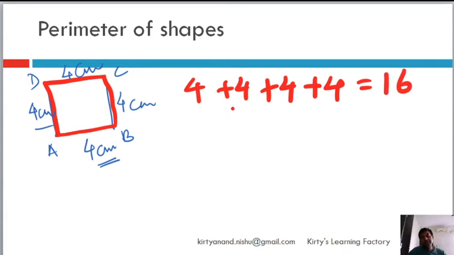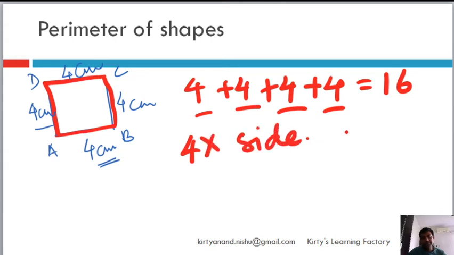Now in case of a square, I see that all the 4 sides are equal. So I can also say that basically 4 times the side of the square, right? So that will also give you the same thing. So it becomes a formula that perimeter of the square is nothing but 4 into length of the side, right? That becomes the formula of perimeter of square. But the real reason why this is the formula is because all the 4 sides are equal, so we can do 4 into length of the side. Simple.